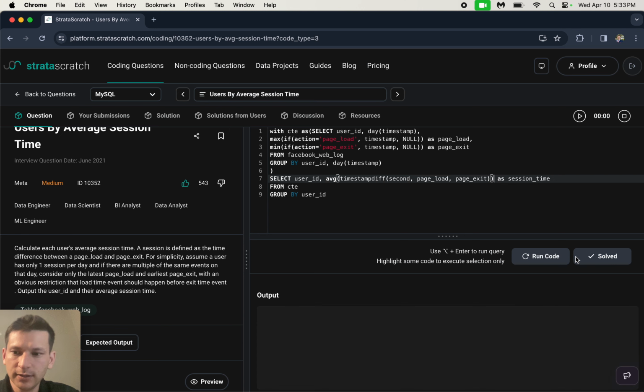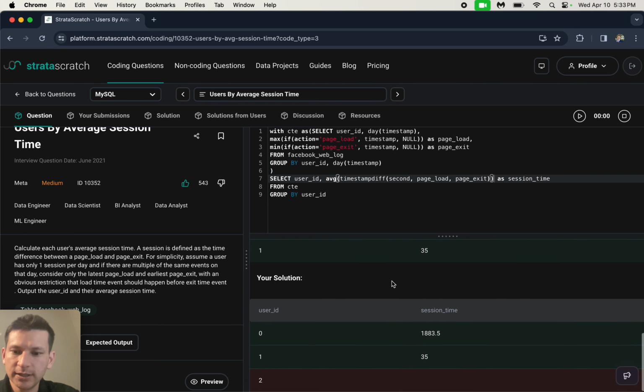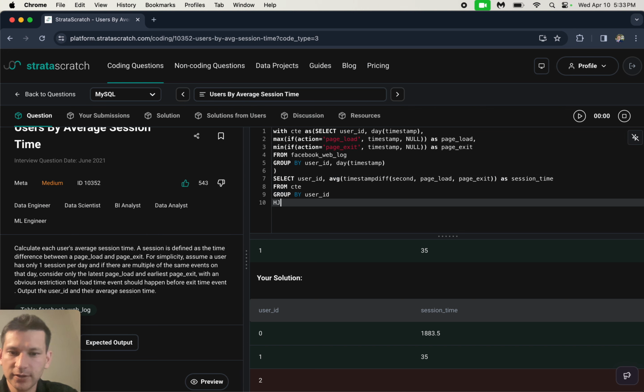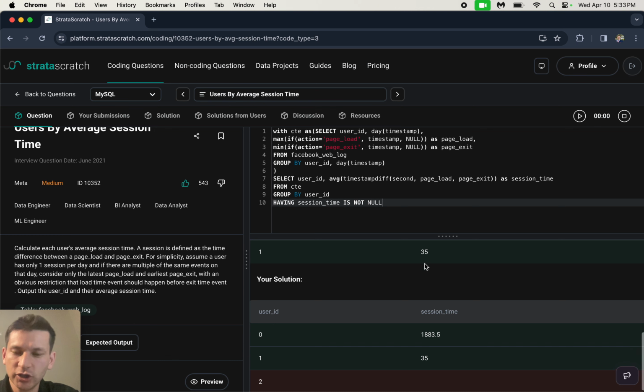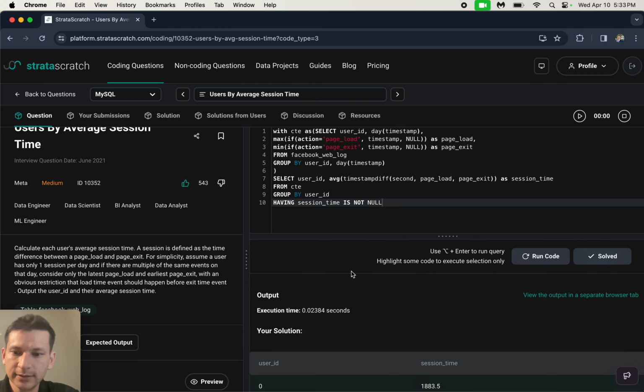And this should run, but there's going to be one last thing we need to do, which is see how this shouldn't be here. They don't like this. So when you use a group by, you have to use the HAVING clause. So HAVING session time is not null, and this should now officially pass. And here we go, we